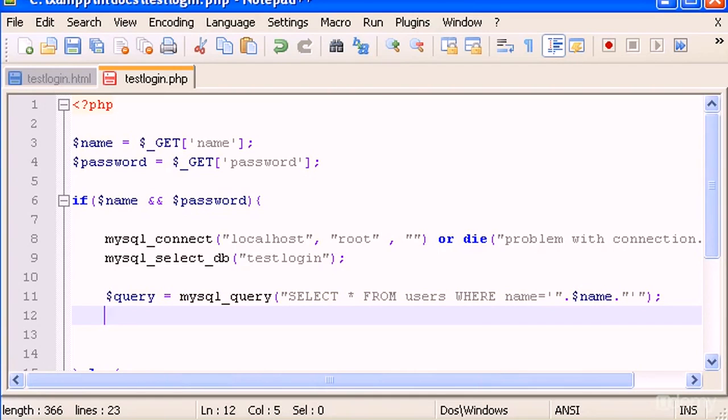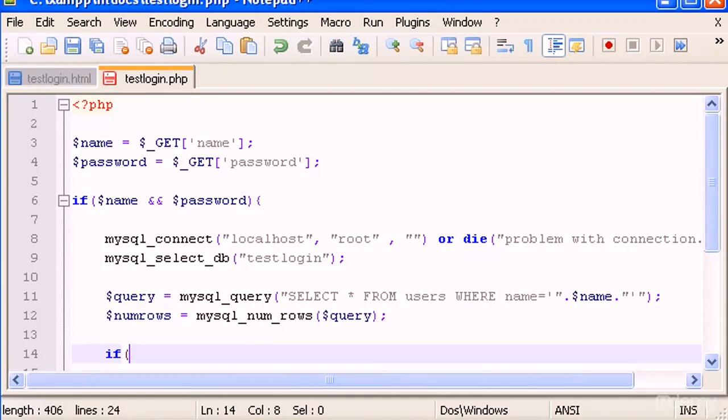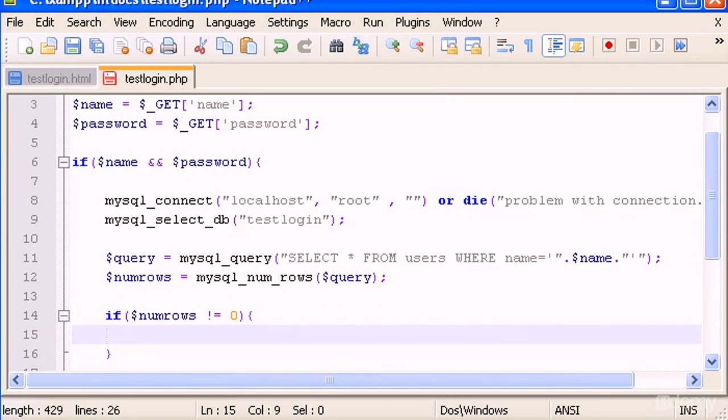So below query we type num rows and MySQL num rows, parenthesis query, and now we type if num rows is not equal to 0, do this, and this is going to be a while loop, which is while row is equal to MySQL fetch assoc query, do this,